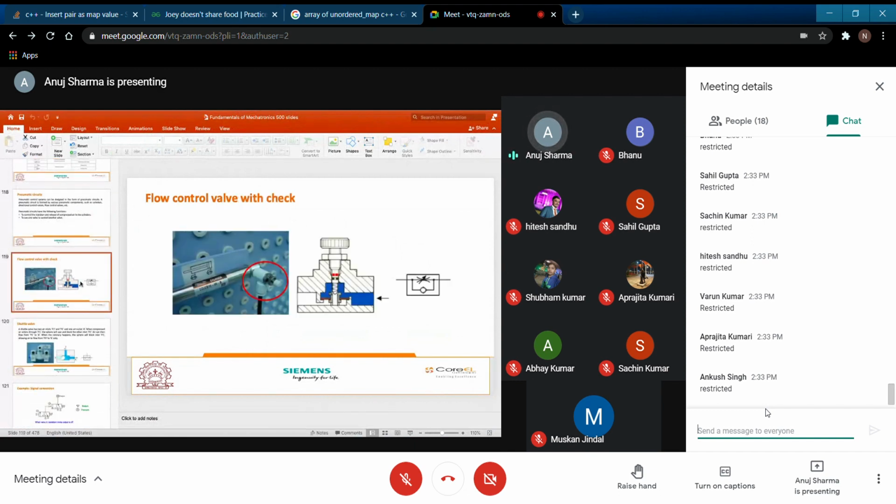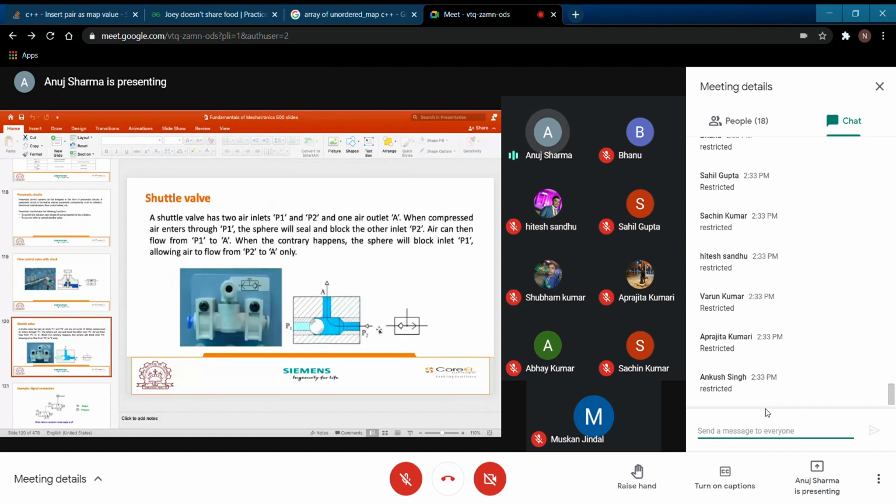Now you can see this is the flow control valve with a check, which has been symbolized like this. This is the example of your shuttle valve, again a similar kind of example. This is going to be a two-way shuttle valve.